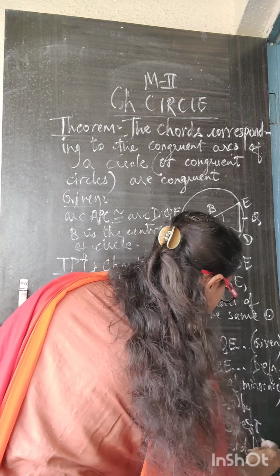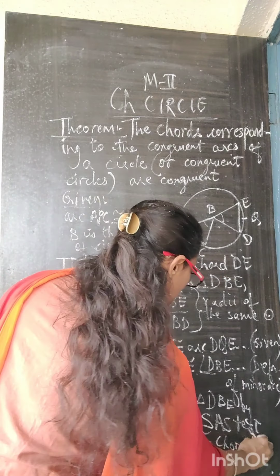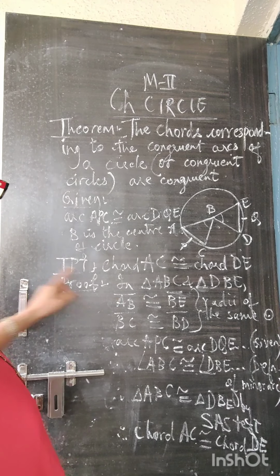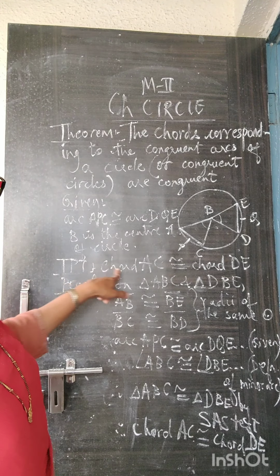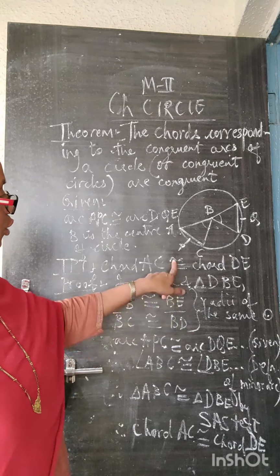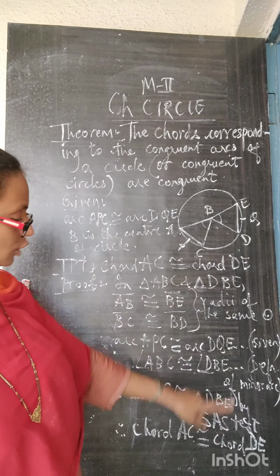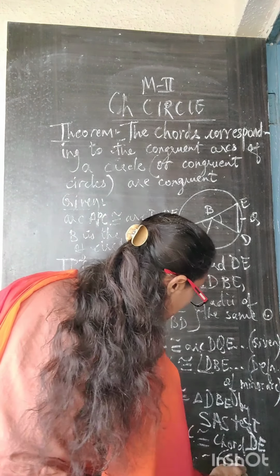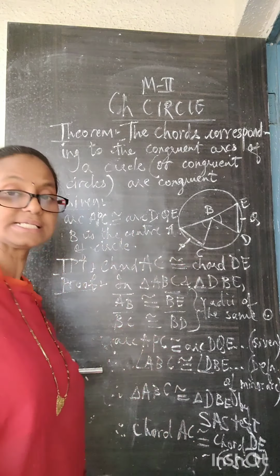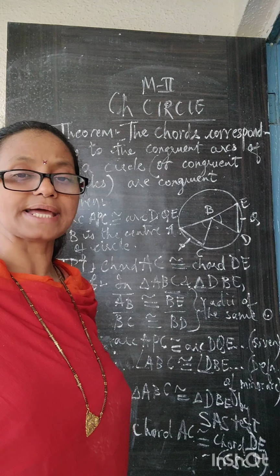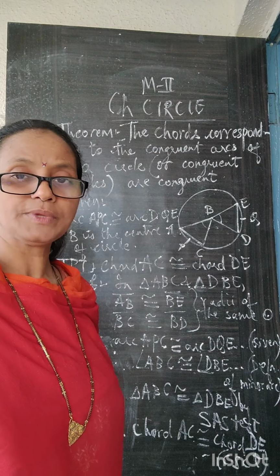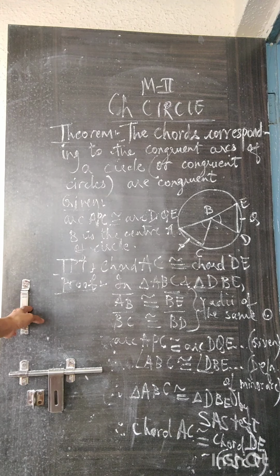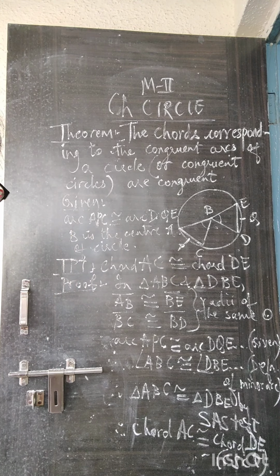So our theorem is proved here, right? What we had to prove, we have completed proving it, right? So we had to prove that chord AC is congruent to chord DE. And what is the reason you have to write down for this? Corresponding sides of congruent triangles, CSCT, right? Corresponding sides of congruent triangles. Okay, so this completes our theorem. Note it down quickly. I hope you have understood and you are able to see clearly everything.